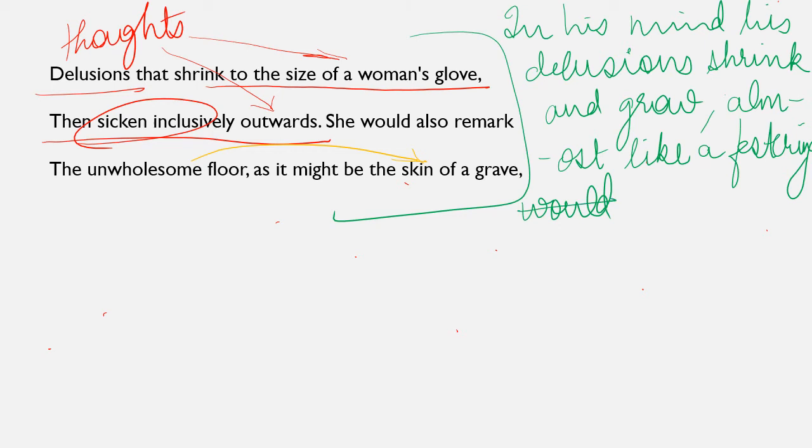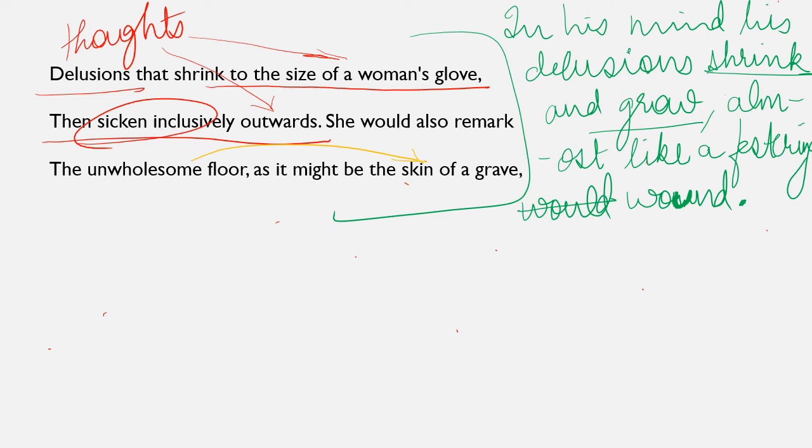फेस्टरिंग वूंड होता है एक ऐसा घाव जो कि जल्दी जल्दी ठीक नहीं होता है. कभी ऐसे लगता है ठीक होने वाला है, छोटा हो जाता है, लेकिन फिर इसे उसमें पस भर जाती है और वो बहुत ही ज्यादा भयानक रूप ले लेता है. It will grow. So shrinking and growing like a festering wound. This is the kind of mind, this is the kind of thoughts that he has in his mind. This is what he's saying.